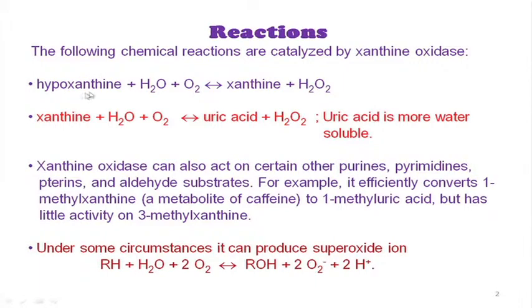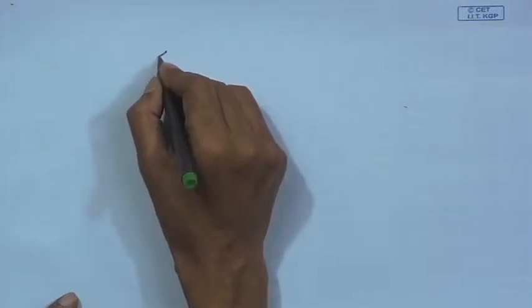That means we are considering a reaction where the oxidation of hypoxanthine takes place. So it is an oxidation reaction, with oxygen insertion. The basic reaction, the conversion of hypoxanthine to xanthine, is a hydroxylation reaction,